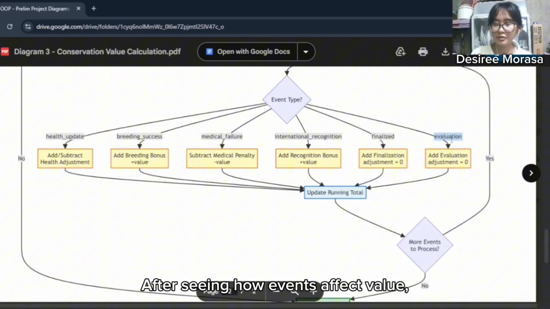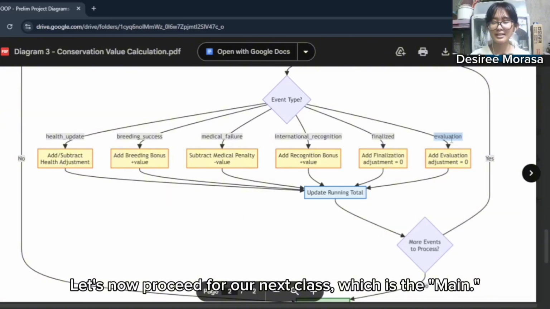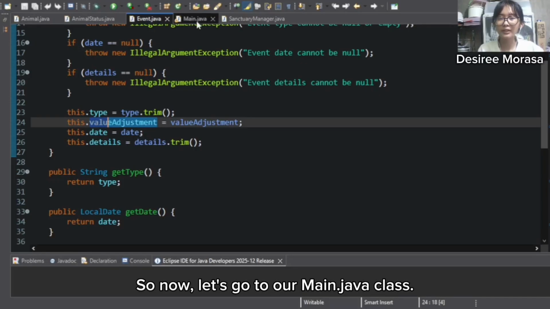And after seeing how events affect value, let's look at how users trigger changes in the system. Let's now proceed to our next class, which is the main Java class.